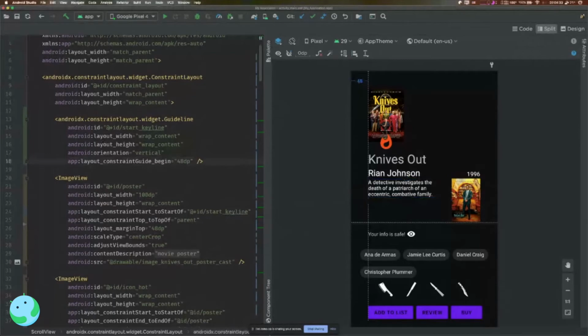I feel like it just kind of goes hand in hand with design systems and things like that. So I just adore guidelines. So let's talk about